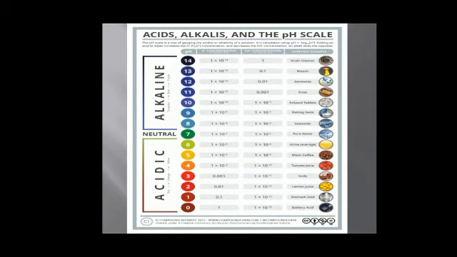And the last example which I want to discuss here is drain cleaner. It is actually used to open the drainage pipes, and it is basic in nature. So this is your pH scale, which is also known as universal indicator. It is used to determine whether the given solution or substance is acidic, basic, or neutral in nature. Thank you.